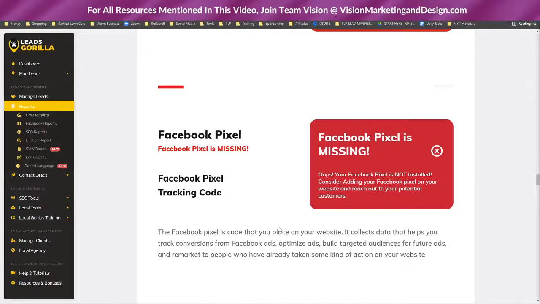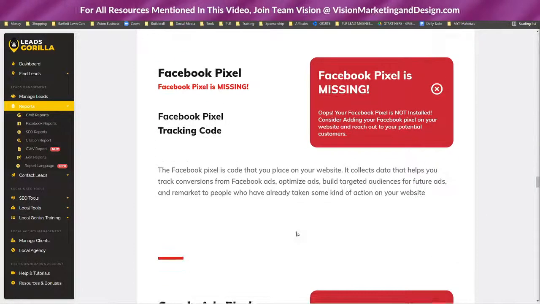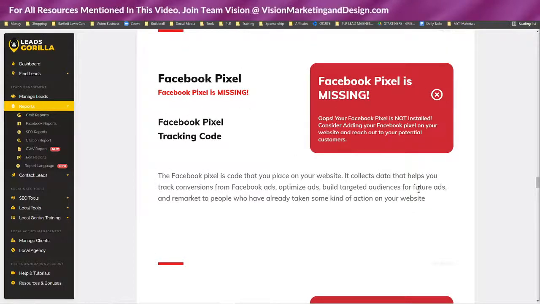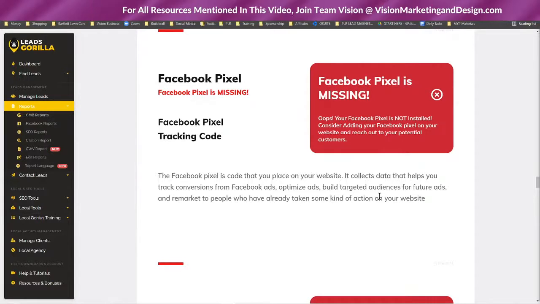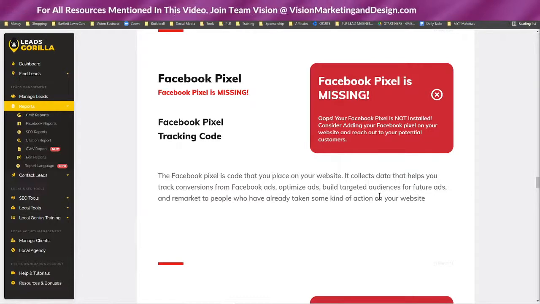Okay, so you are in this meeting, you are the solution to these problems that you have addressed in this report. So adding a Facebook pixel, they don't have one. So this is a great thing that you can recommend as well. And even if they say, well, I'm not really trying to do paid ads, what I always say is it's still important to have the pixel, because if you do decide to do paid ads, or decide to enhance your marketing efforts, that pixel is going to gather a lot of information about who your target customer is, who your demographic is.